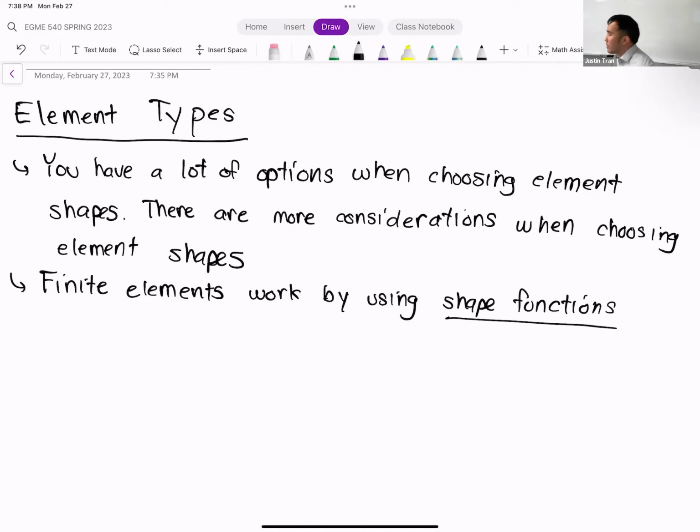It's not really the focus of this class to go into what those shape functions are and how they mathematically factor into finite elements. But even though I consider this to be more of a practical applications type class, it is still useful to understand what the shape functions are and how they factor into the element shape. Okay. And so the shape functions are basically the way that FEA approximates the solution to the underlying equation. Okay?